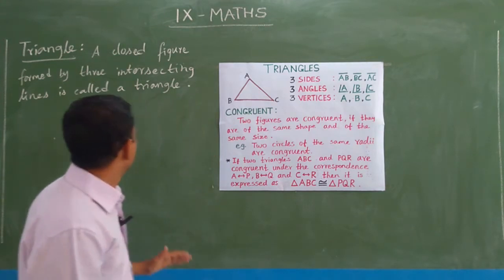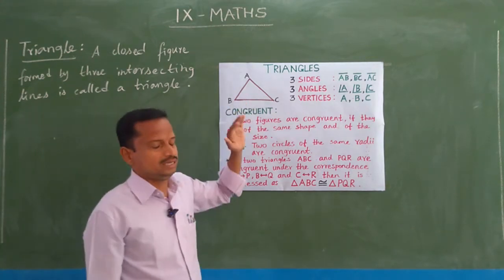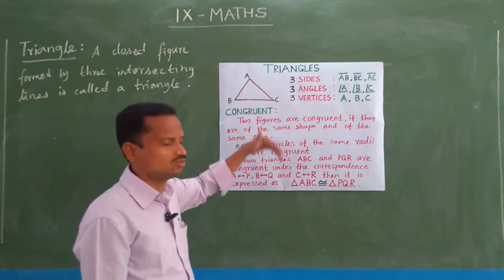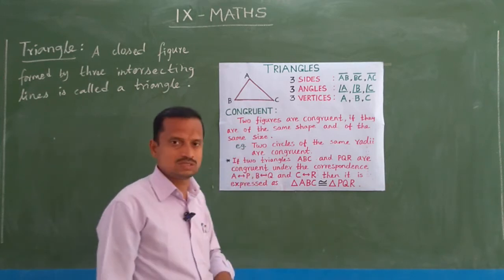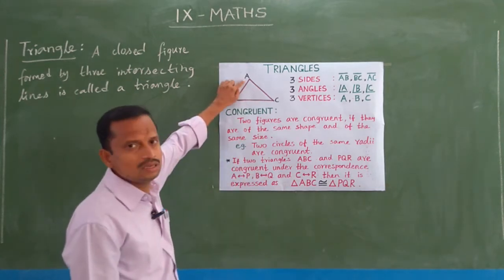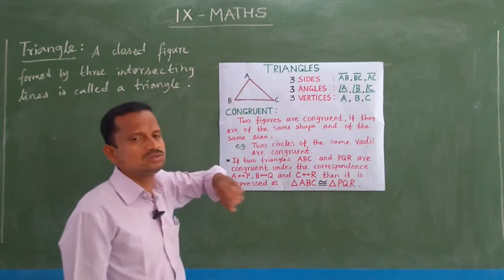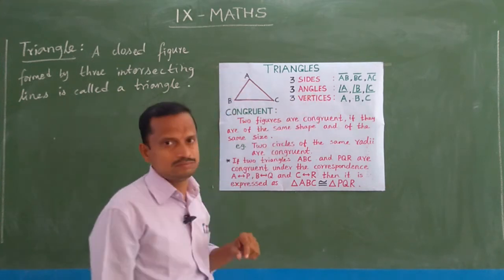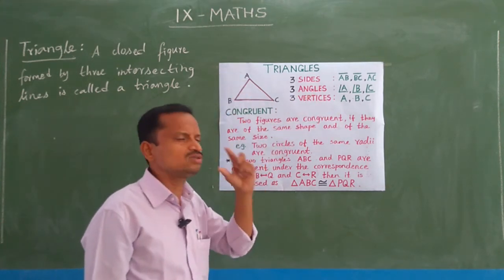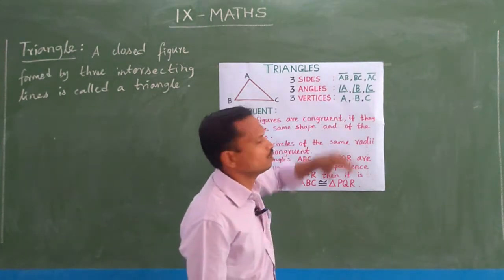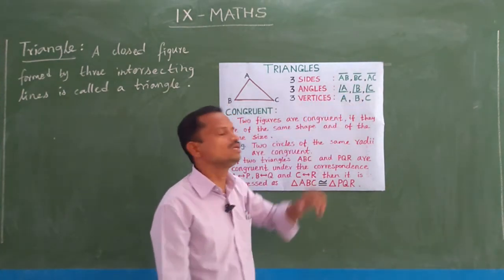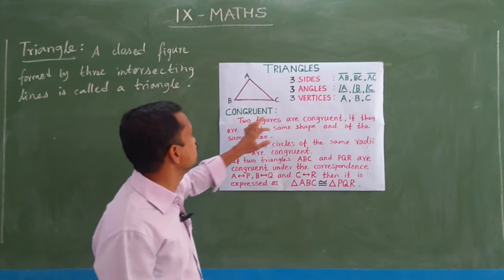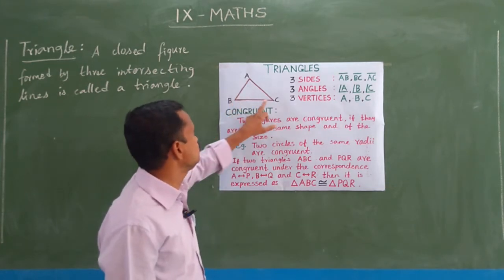Now you consider a triangle ABC. You know how many sides are there? Three sides. So everything is three: three sides, three angles, three vertices. Singular is vertex. A is a vertex. So ABC means three vertices. The three sides are AB, BC, AC. AB is a line, but to denote the measure we mean line segment, so I put a bar above AB. These sides are nothing but line segments. And three angles: angle A, angle B, angle C.